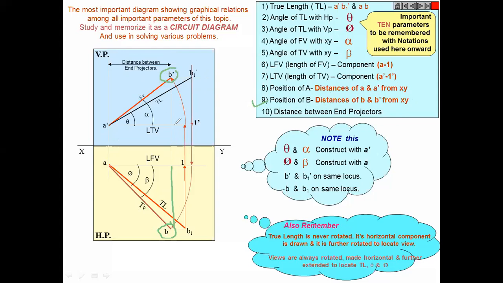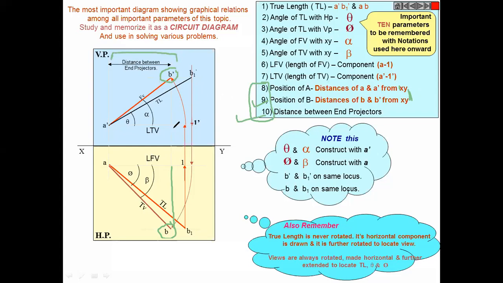So that is the solution we have seen and the questions that can be asked from that box. 7 things, and additional 3 things are here. Of those, either of these 2 must be given, then only we can initiate the problem. Otherwise, where will you put point A? Either of these points must be given, and the other you can find once you complete the problem. And this is the unique thing, the distance between end projectors, that I told you.